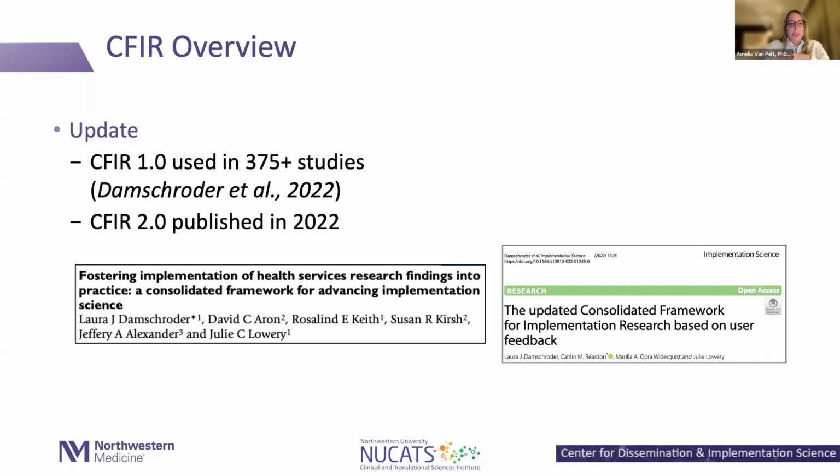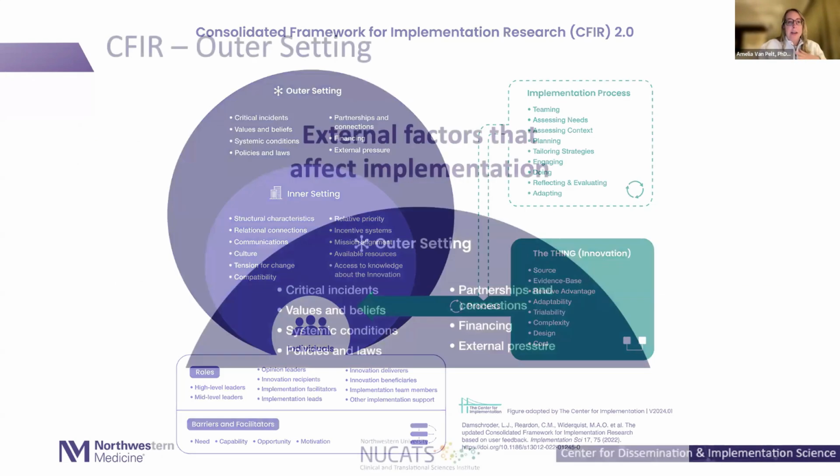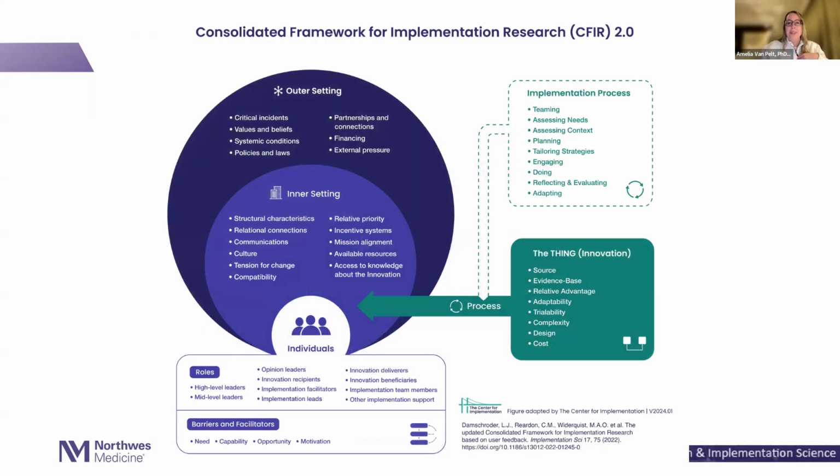There were also a couple of modifications that involved adding constructs to include important themes that I believe were missing from the original version, such as local attitudes, meaning sociocultural values and beliefs. And just want to highlight that although there are these differences, the published framework still has 5 domains with the additional 48 constructs and 19 subconstructs. So here is CIFR 2.0. As I mentioned, it consists of 5 domains, including outer setting, inner setting, innovation, individuals, and the implementation process. We'll walk through each of these,